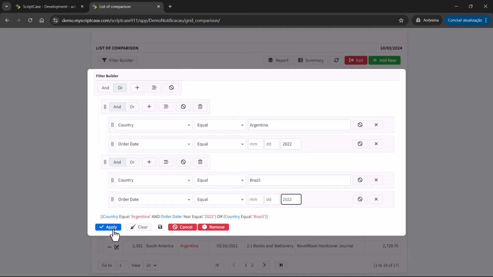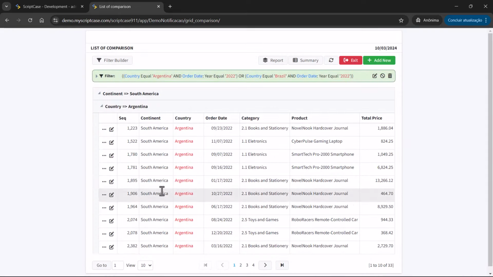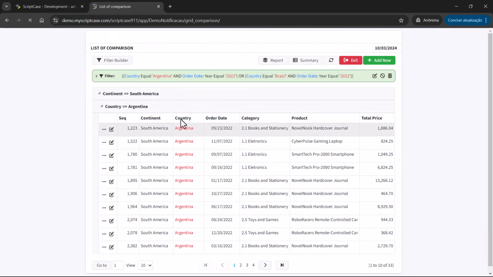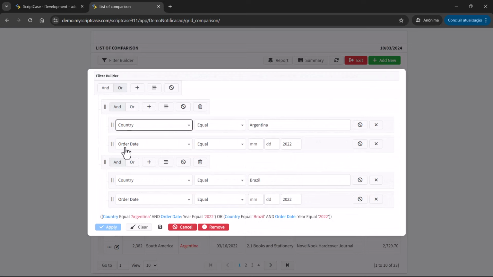Let's run, apply. Okay, and now we can go to the summary so we can see that we have Argentina and Brazil. Okay, let's choose another continent, for example, or we can also include another field.